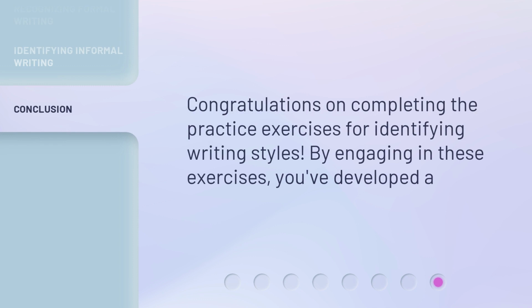Congratulations on completing the practice exercises for identifying writing styles. By engaging in these exercises, you've developed a